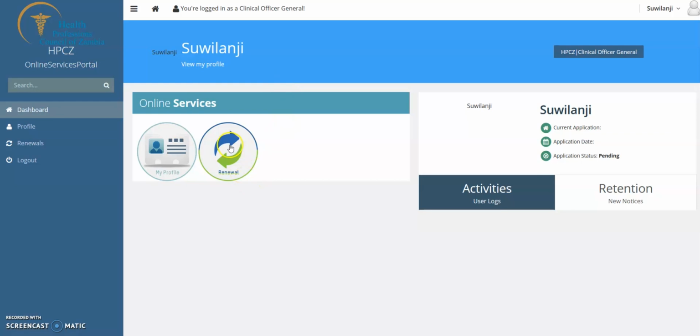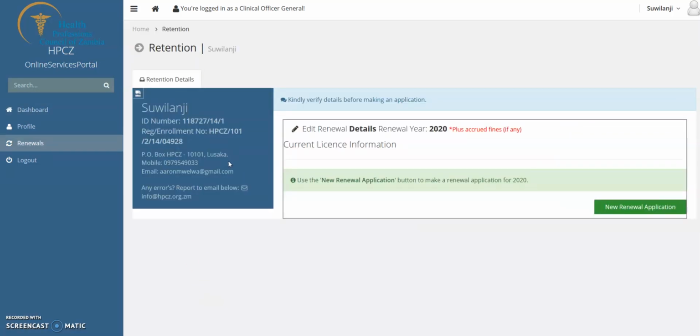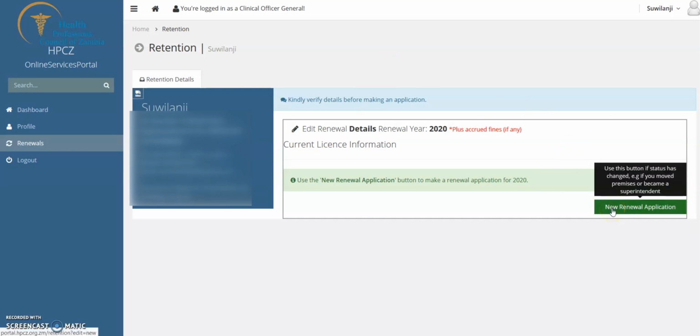I can choose to go any route, so I'm going on this icon as renewal. When I click on renewal, this part opens with my details, of course. Here I'll be able to see my new application. So I have to make a renewal application. When I click on renew application,